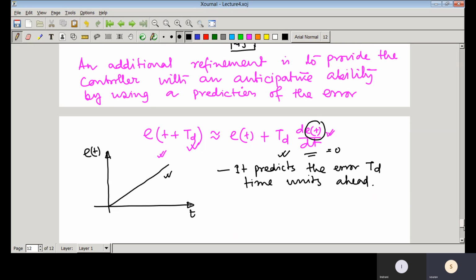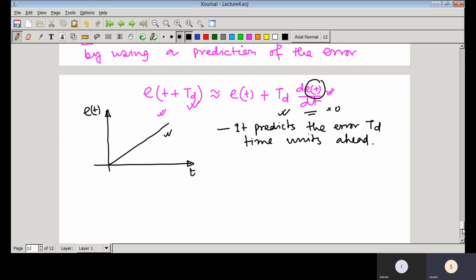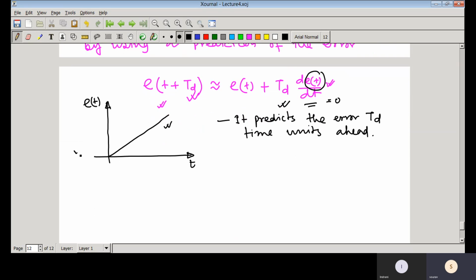I am going to explain this particular statement here. If your error signal is like this, then what would be your PD output? PD means proportional and derivative. So this is the time scale here, and that Kp t. That means the proportional one would be equal to this one, that is Kp into t,